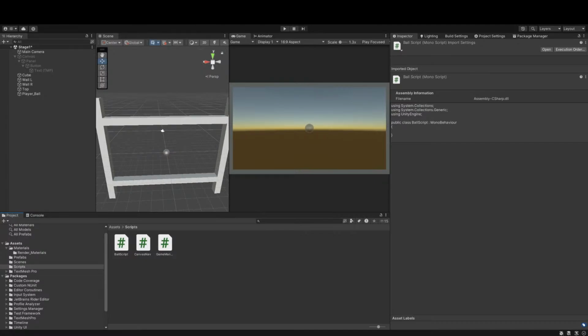And let's serialize this one just for practice. SerializeField protected float, and that float is going to be